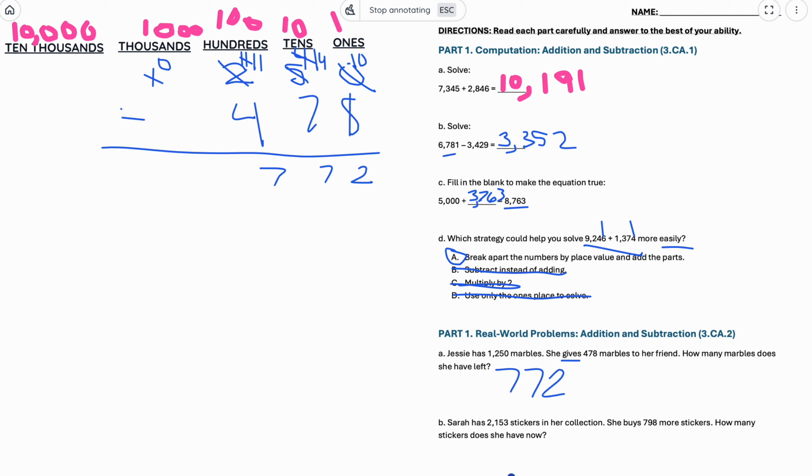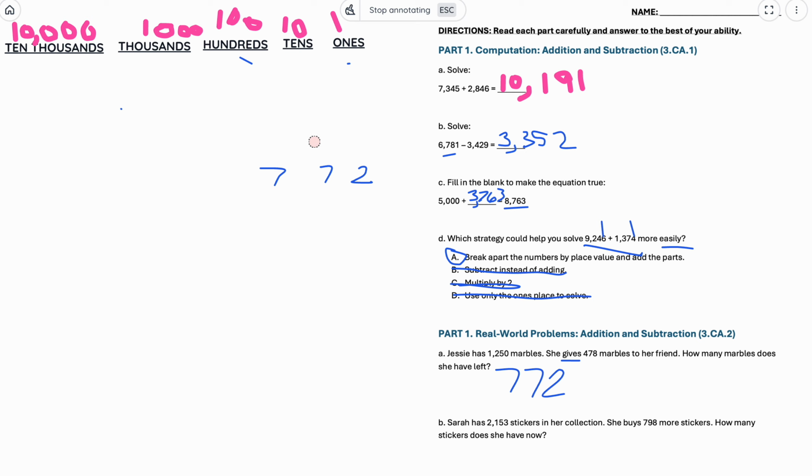772 is my correct answer. Now I'm going to pretend I just checked my work, but Miss G has the answer key. But by checking your work, how would you do that? For the sake of time, I'm helping you guys out here. You would add 478 plus your answer, and you're going to get